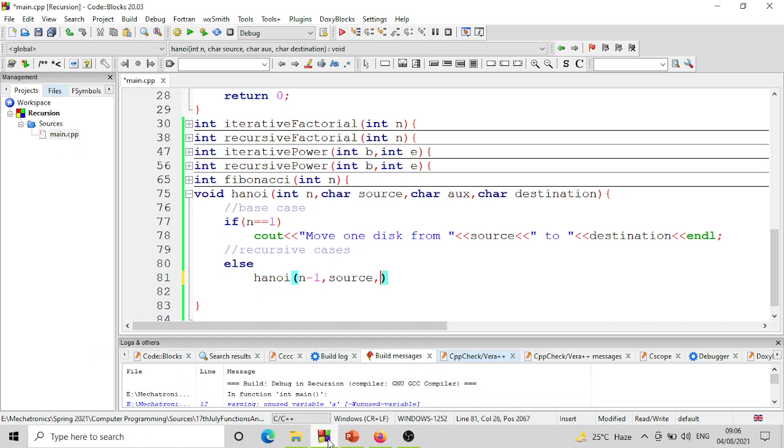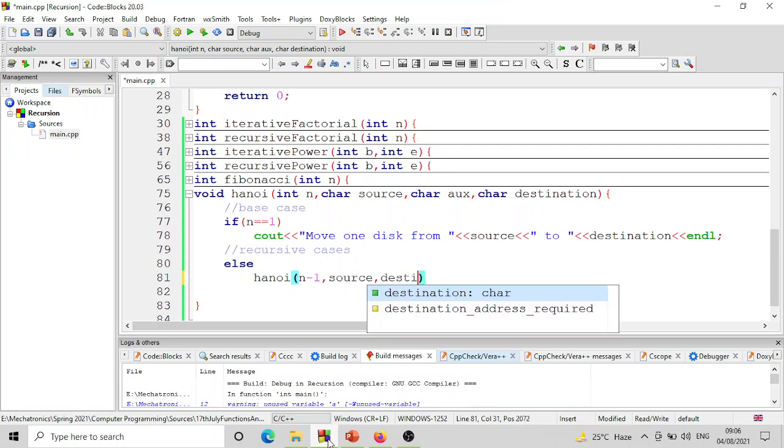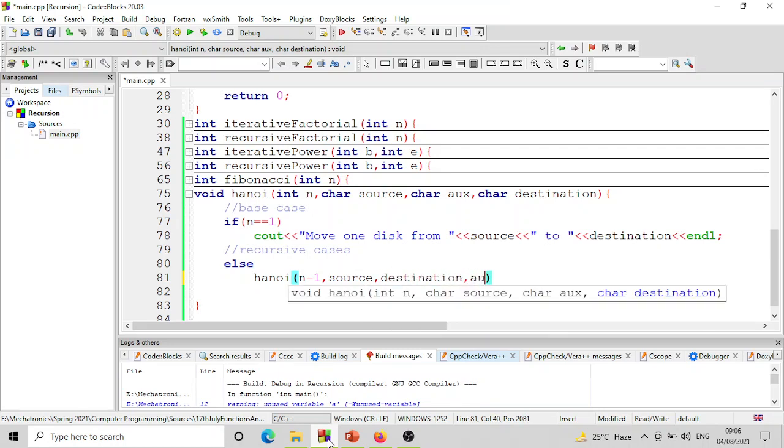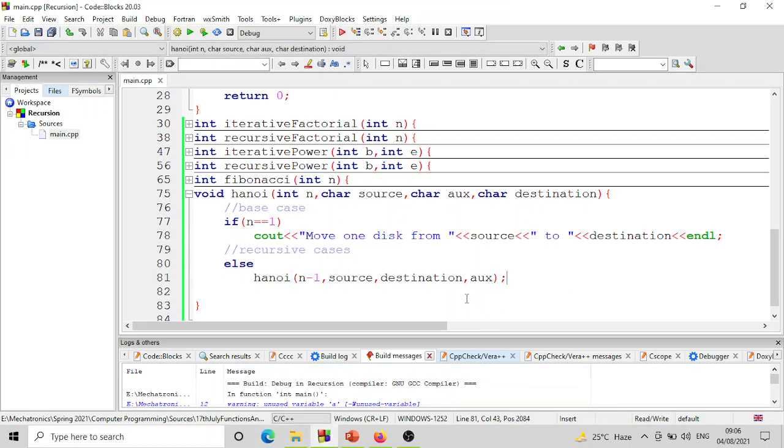So हमारा जो destination है वो ऑक्सिलरी है और हमारा जो ऑक्सिलरी है वो हमारा डेस्टिनेशन है। ठीक है, what does this mean, यानी हमने n-1 डिस्क को मूव करना है from source to aux. सोर्स से ऑक्सिलरी पे मूव करना है। तो इस मूवमेंट के लिए n-1 डिस्क की मूवमेंट के लिए our source is the source peg but our destination is the auxiliary peg, और जो ओरिजिनल हमारा डेस्टिनेशन है उसको हम as temporary peg use करेंगे, जहाँ पे हम टेम्परेरीली डिस्क को स्टोर कर सकते हैं। ठीक है,